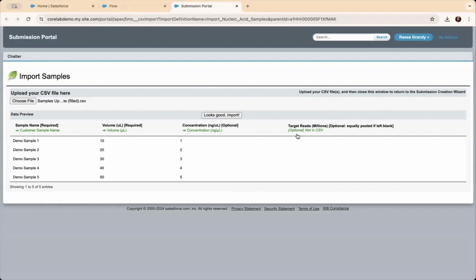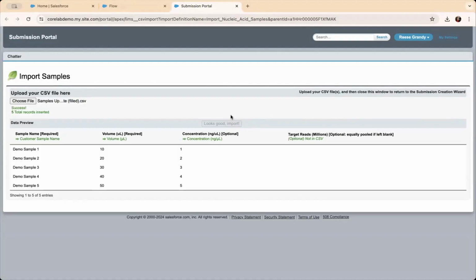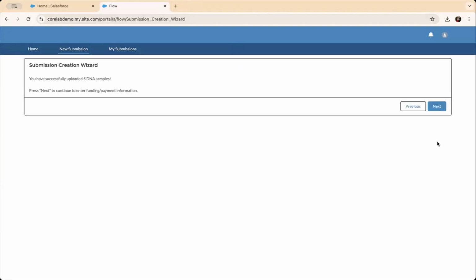And then our target read is also optional. So you can see that it's really easy to set up exactly what these templates are going to look like, make different templates for different applications, and then set each of the columns as either required or optional. So now we're going to just click next, and it's going to check to make sure you've uploaded those DNA